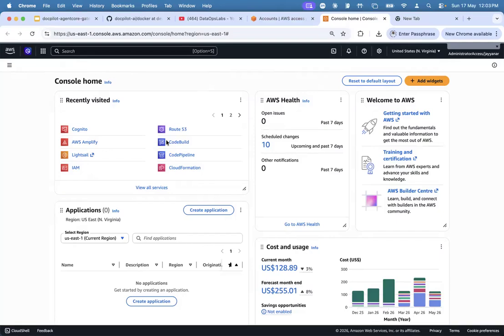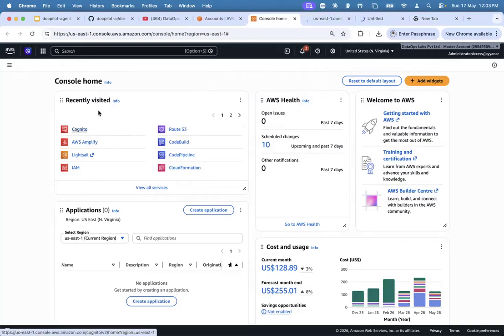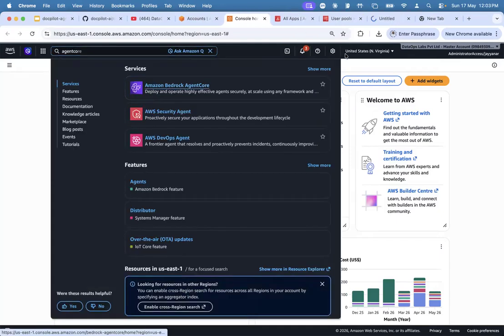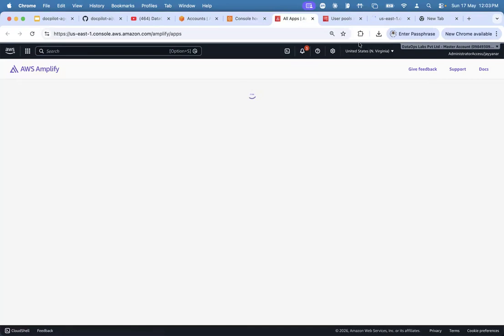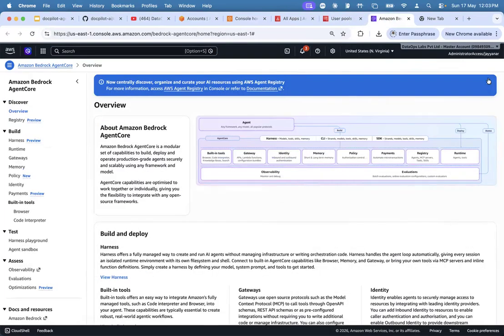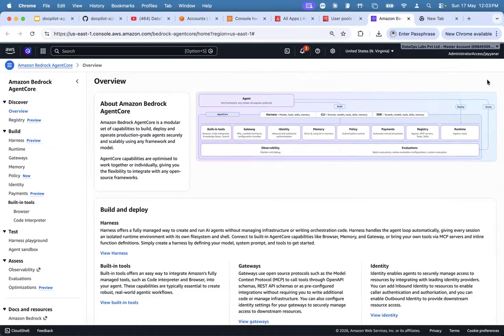So let me go to the Amplify console, then Cognito, and then AgentCore. I ran this long before and got it working multiple times, so I could not record it, but I can show you those things. Just 4 weeks back I did it. I took the time to document it and create this PDF file.